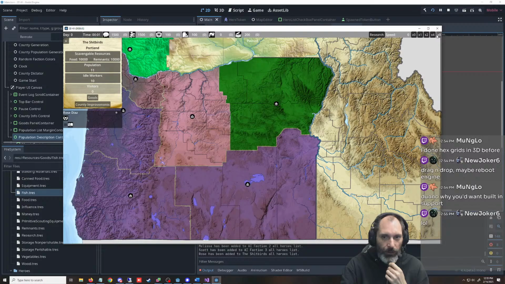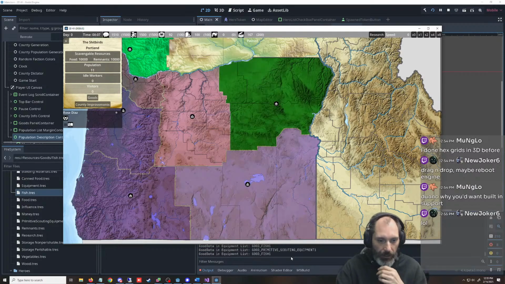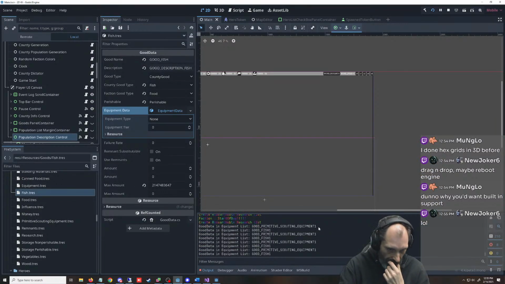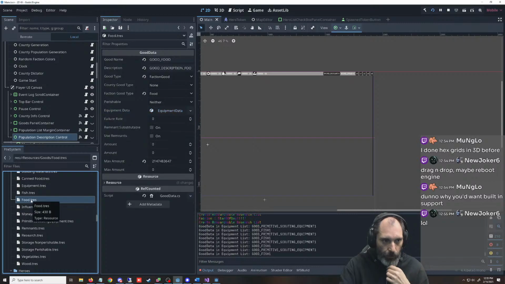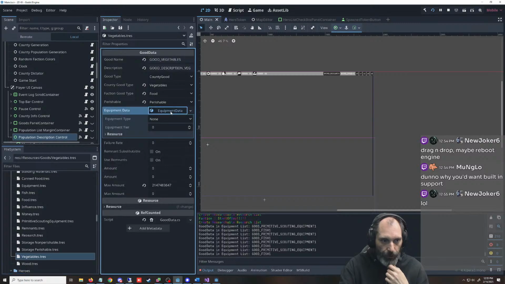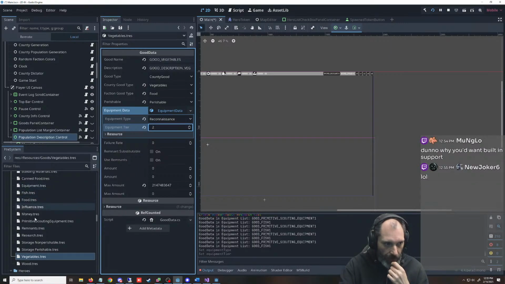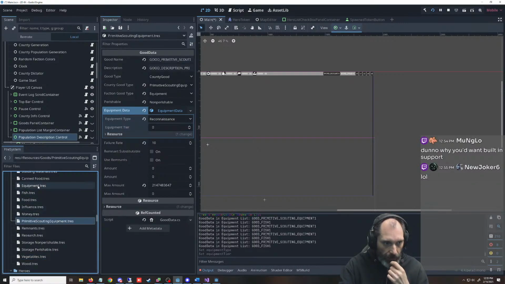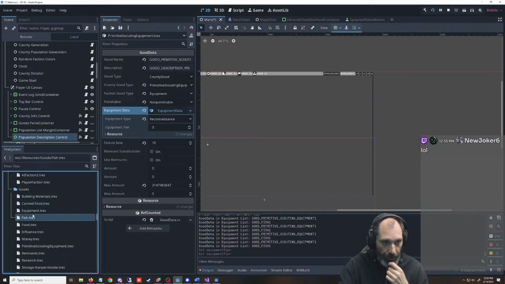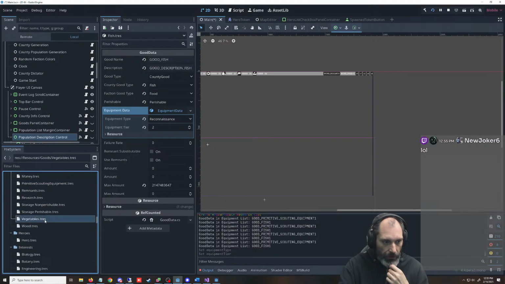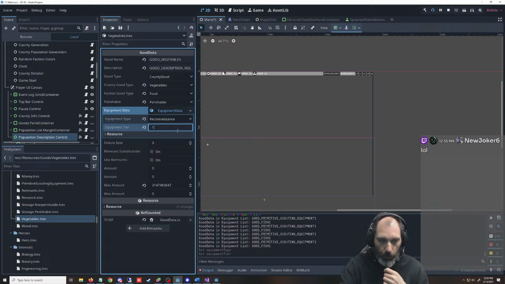Let's see. We got to go till 4 o'clock, and then we can pause it. So the lowest is there. Let's put a third one. Let's put food. No, not food. We got to go to vegetables and do reconnaissance, and let's do tier. I don't remember what other tiers I did, but I don't think 2. I don't think I used 2. 0. And then fish was 2. Let's do, so it's not alphabetical. We'll do 1.